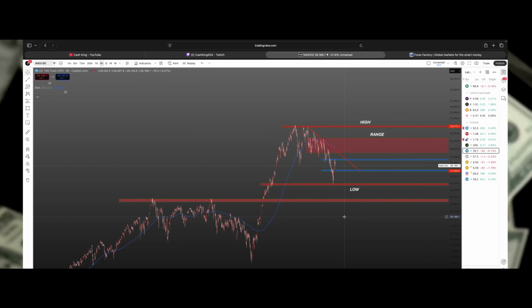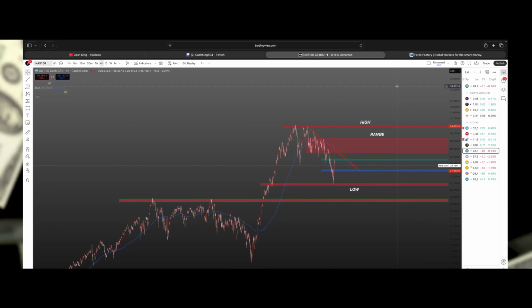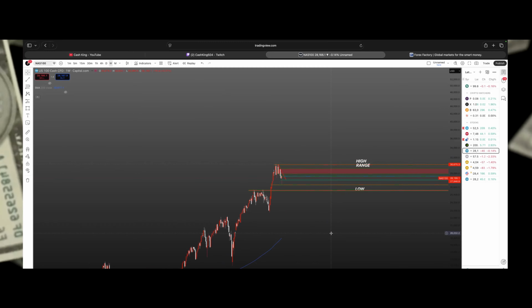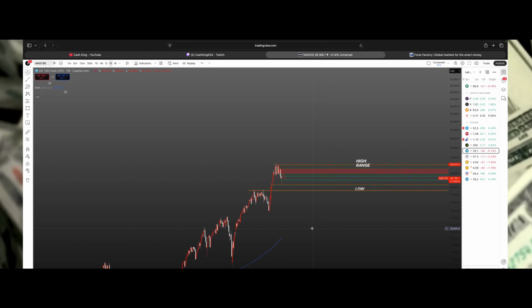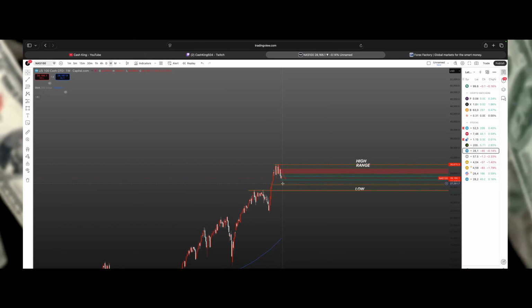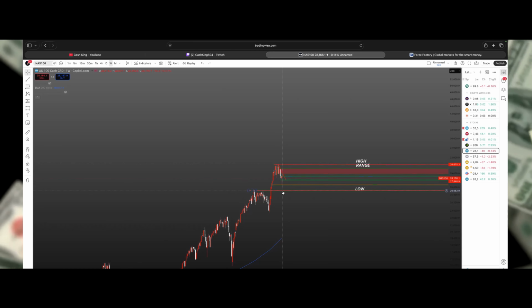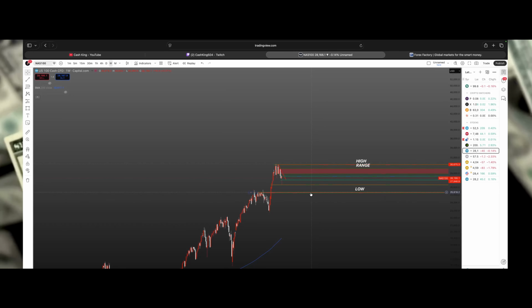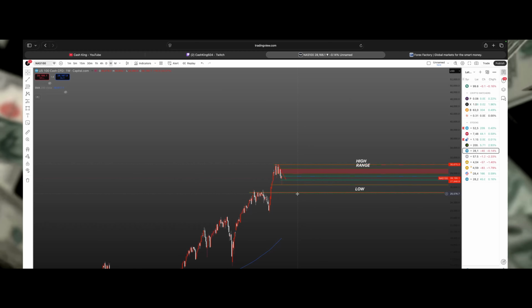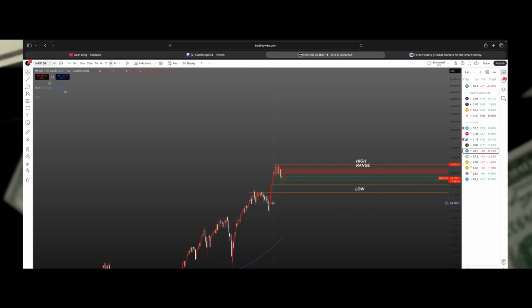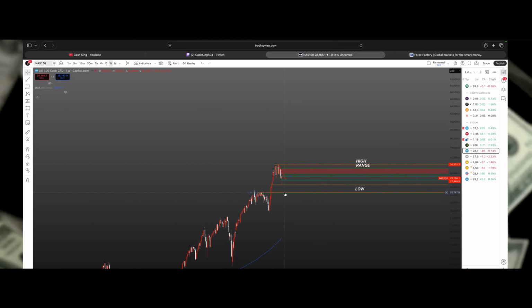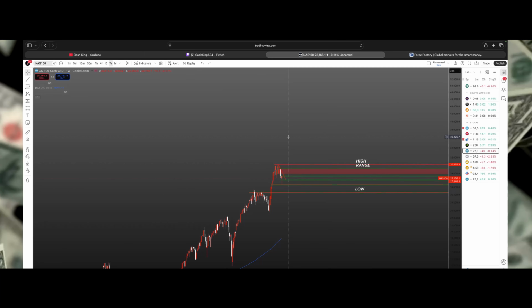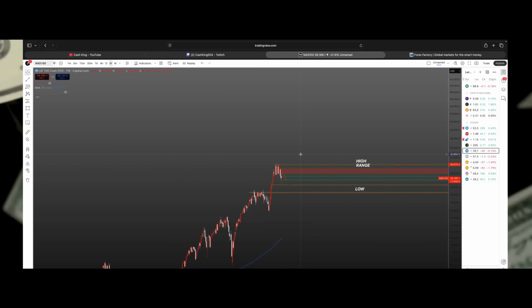For it to turn bullish, it'd have to come somewhere in here to continue that push up, because overall, NASDAQ is definitely in an uptrend. We didn't break any weekly higher lows. So all I'm seeing right now is a pullback, and I think that's what price is definitely doing. I see price pulling back to this area, and possibly it could come a little bit lower, but who knows? But I think a pullback right here is perfect for it to continue to push right back up, break that new high and continue going up.